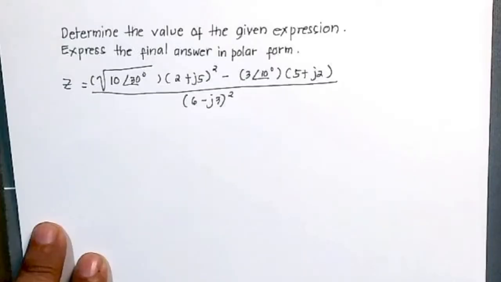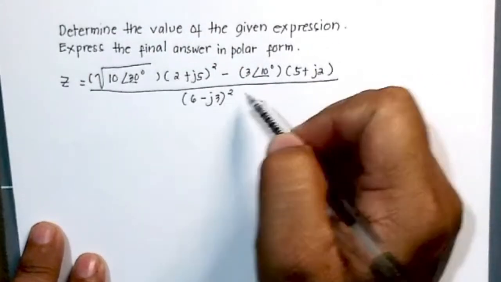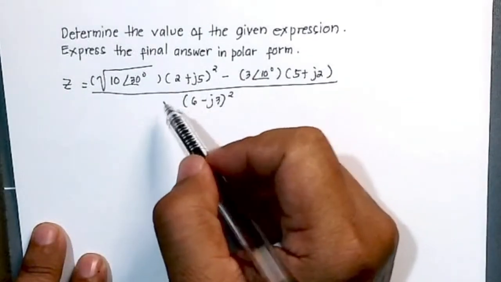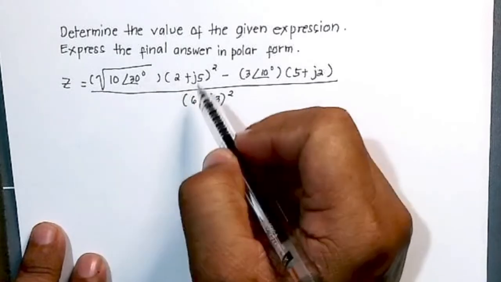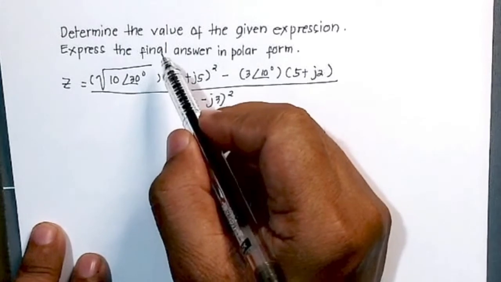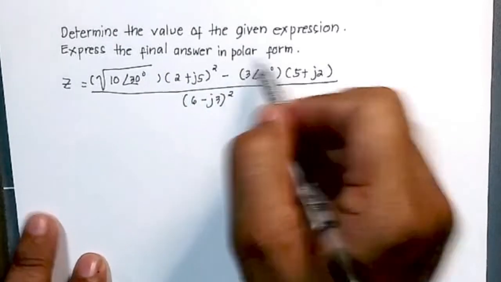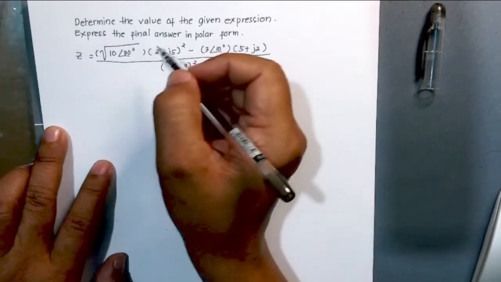Hello everyone. Today let us determine the value of the given expression. So we have here this expression. You will notice that there are terms written in polar form and in rectangular form. And we are to also express the final answer in polar form. Okay? So let us first